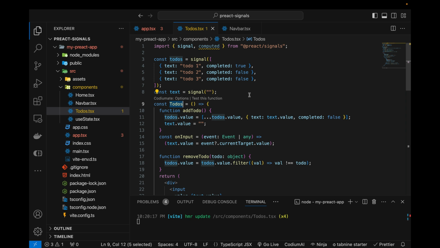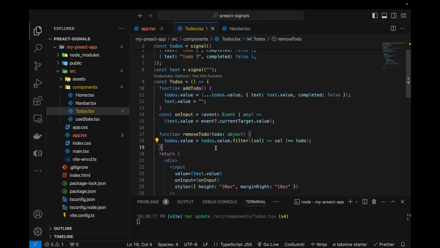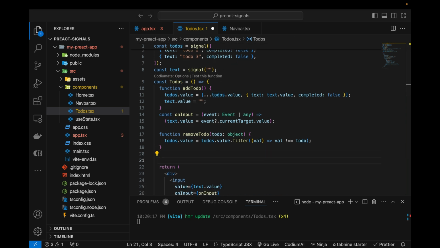So we will be putting it as a dependency for the computed function. Okay, so here after this removeTodo, I'm going to create a new function, completedCount equals to